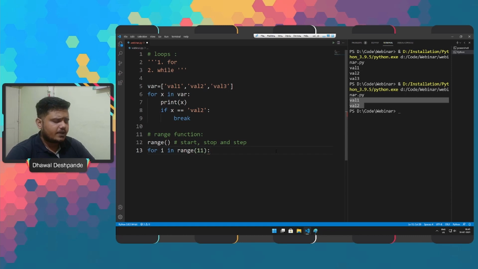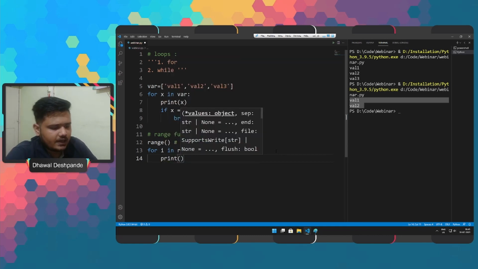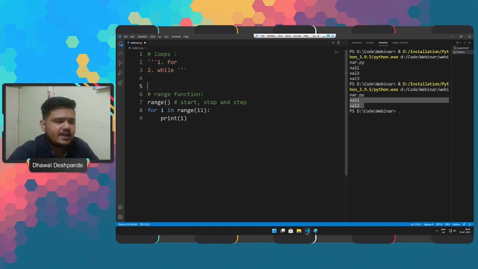So here there is one more interesting thing: the end number of the range function is never read. What I am trying to say is, if I print the value of i, we will get a range from 0 to 10.